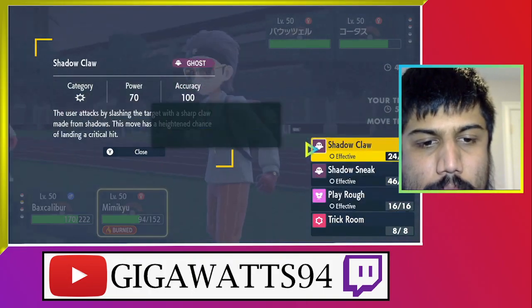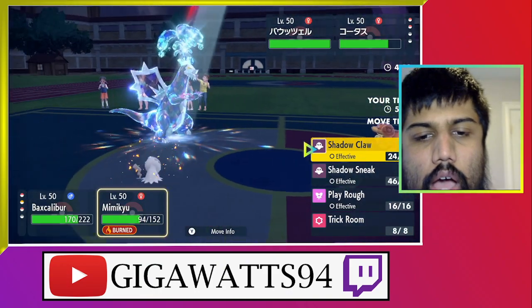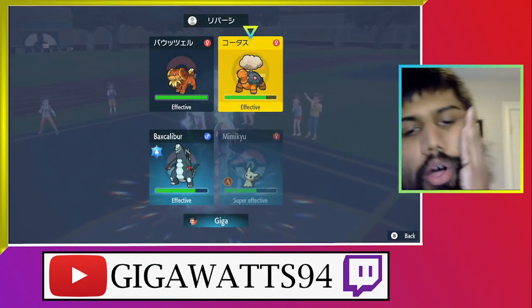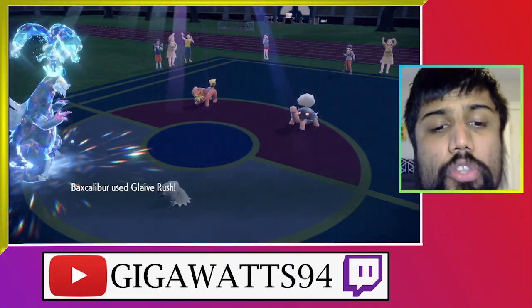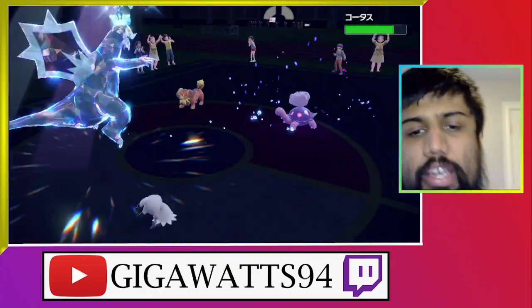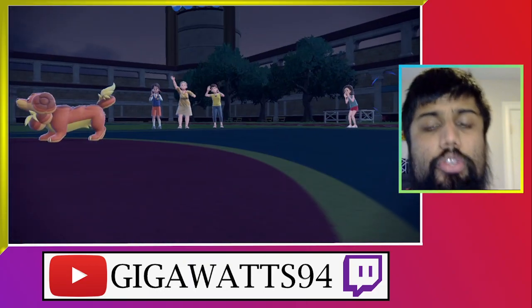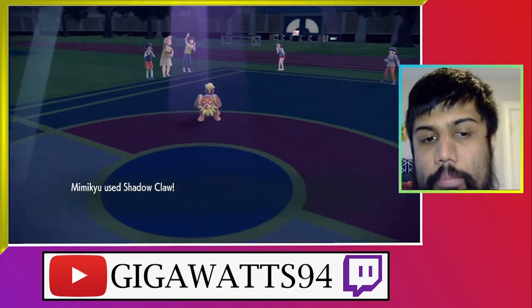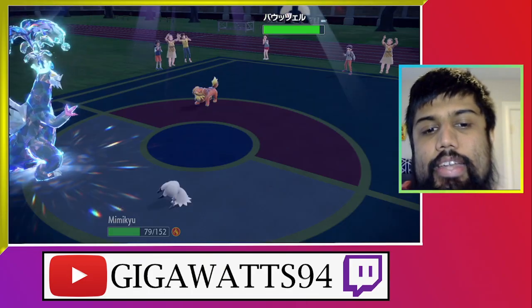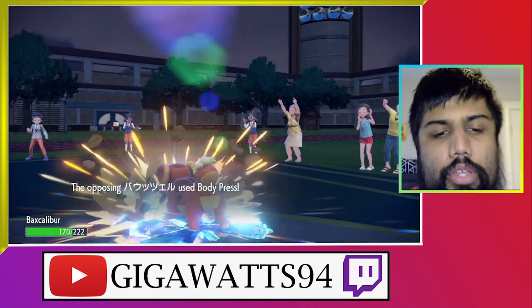I'm going to play rough. I'm going to click Shadow Claw here as well, just in the event that I don't get it. I'm assuming the Torkoal is specs. Perfect. We are going to get the knockout here, so we're probably going to lose our Baxcalibur, which is pretty unfortunate, right? But we will at least... Yeah, that is doing no damage at all. That burn really coming to bite us,